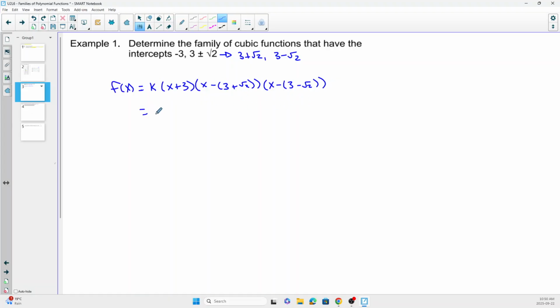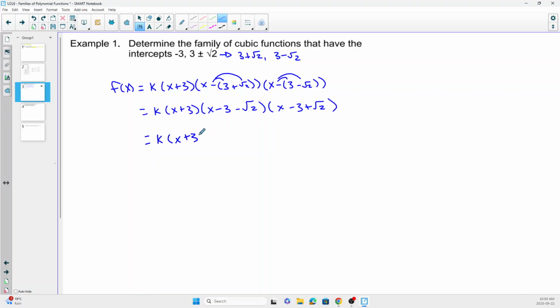From here, I've got to clean this up. We've got x plus 3, and then I'm going to distribute the negatives. So I've got x minus 3 minus √2, and I've got x minus 3 plus √2, because I've got a negative times a negative. I could leave it like this, but I'm going to say we need to clean these up a little more. This one is fine, but